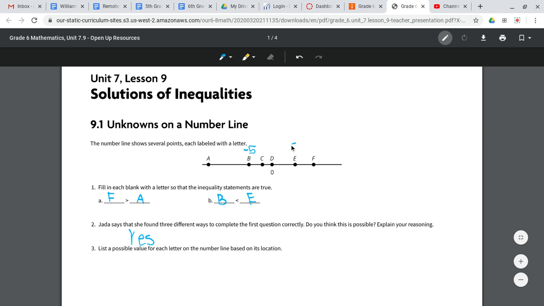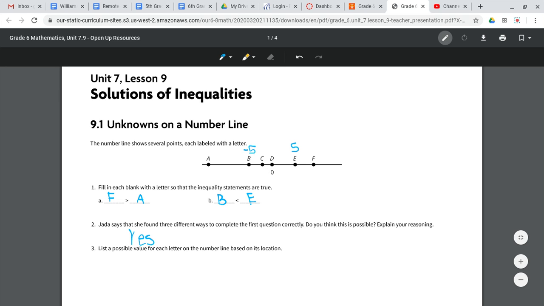And E then would be our positive 5. Because remember when we did opposites? Opposites are the same distance from 0 as the other. So negative 5 is 5 units from 0, and positive 5 is 5 units from 0. So they're the same. So if B is negative 5, if we look at C, we know it's got to